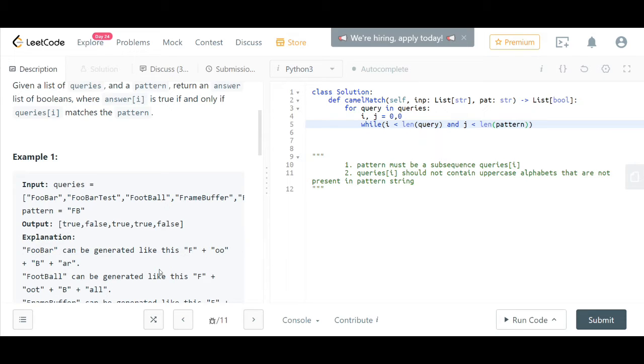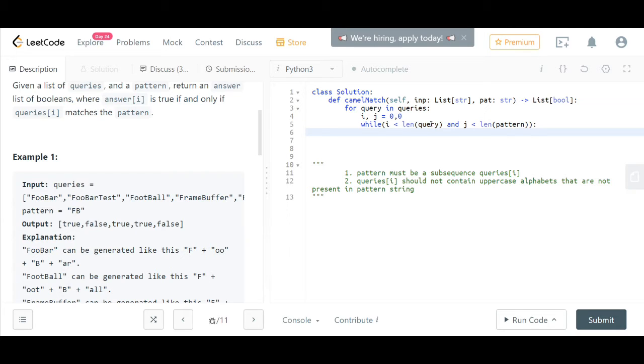We are just comparing each string one after the other with the pattern string, so for that we have to loop till the end, right? That's why I'm taking this.